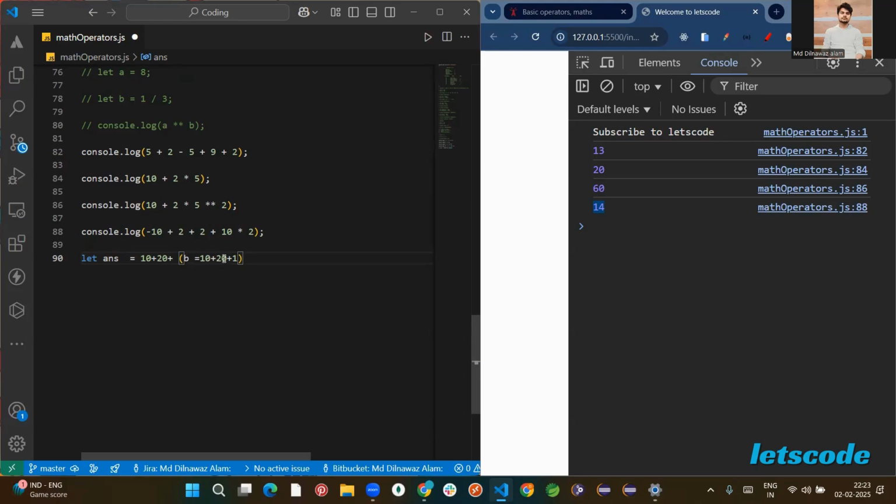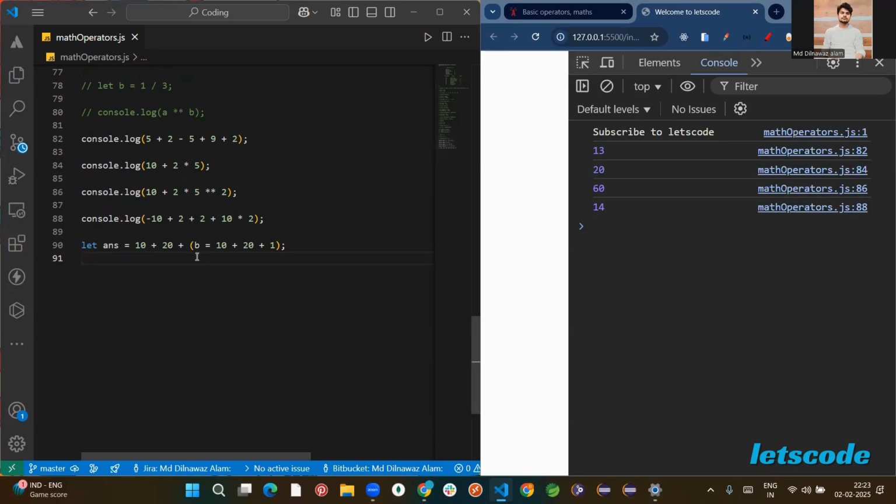You will think why all these messy things are here. Let me explain. First we will check the output, then I will explain. Okay, I have not printed this answer, so now check it. Yeah, it's 61. So now we'll check why it's 61. What's happening here? 20 plus 1, 21, 21 plus 10, 31, and this 31 is assigned to this b,